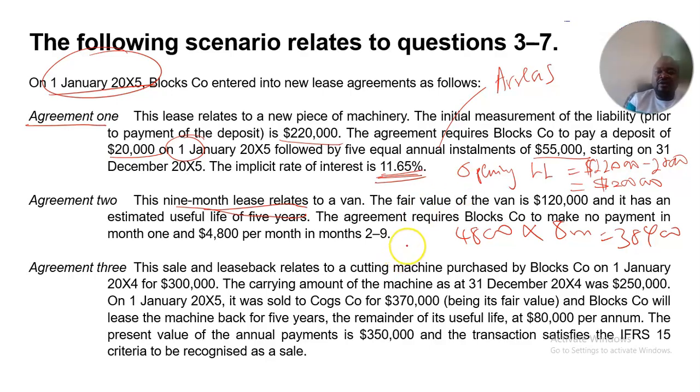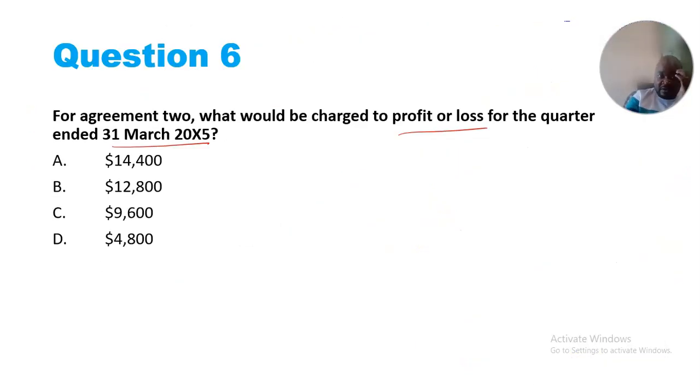I'm trying to move my case. Okay, the question is saying that although we have discovered that we are going to pay 38,400 in total throughout the lease, that's the value which we obtained, 4,800 multiplied by 8 months. That's 38,400. We are now being required to account for only a quarter, but we know that a quarter